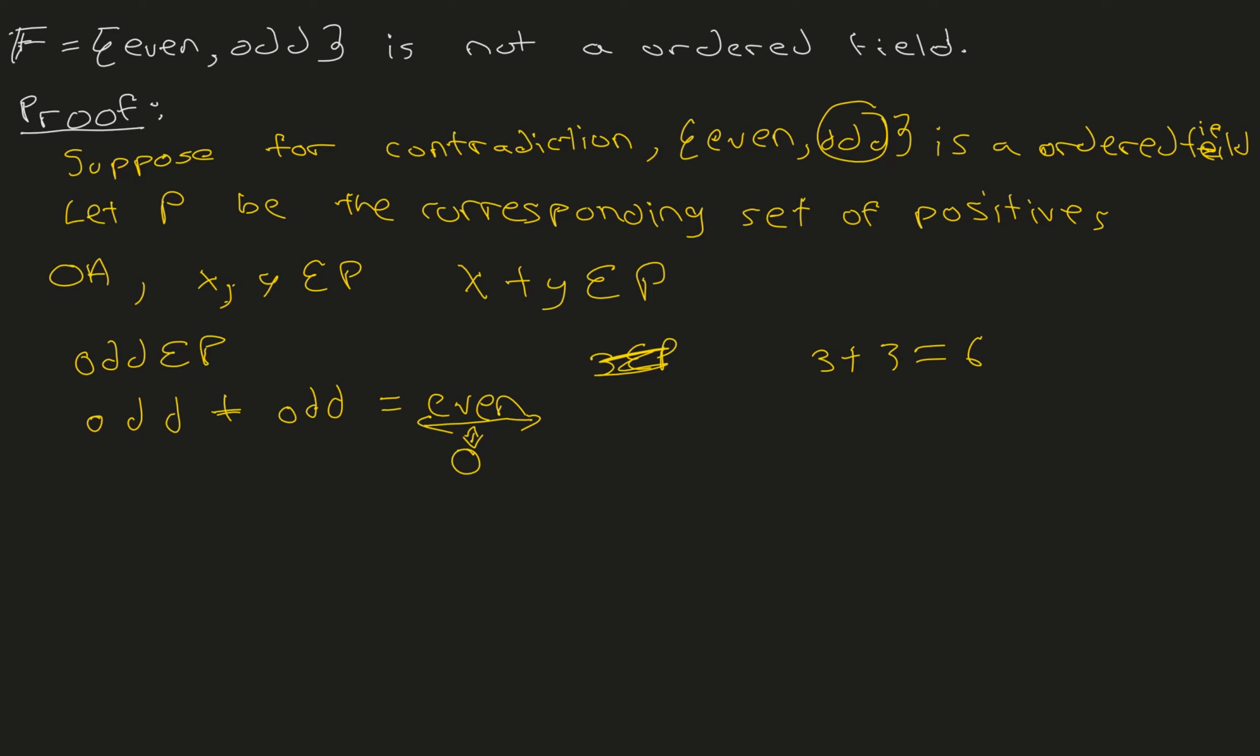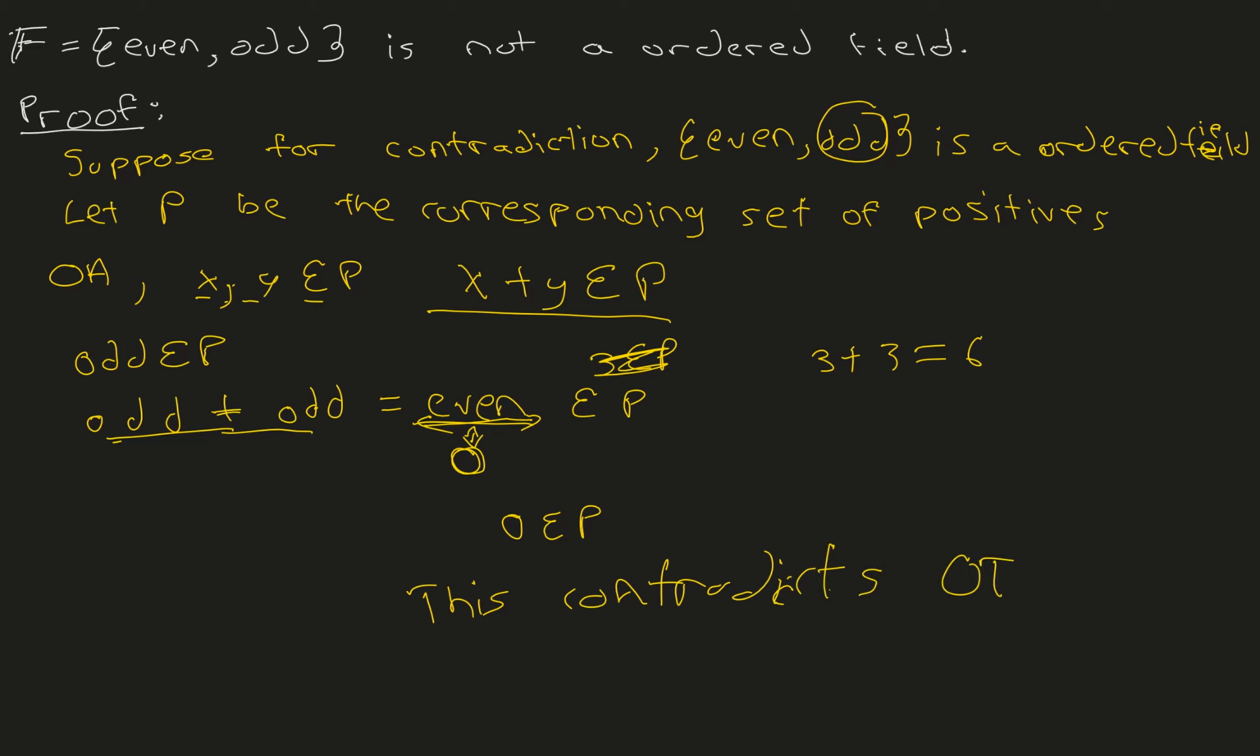So OA says that if x and y are in P, then x plus y should also be in P. So if odd is in P, odd plus odd should also be in P. But odd plus odd is even, and 0 is even. This shows that 0 is in P also. So this contradicts